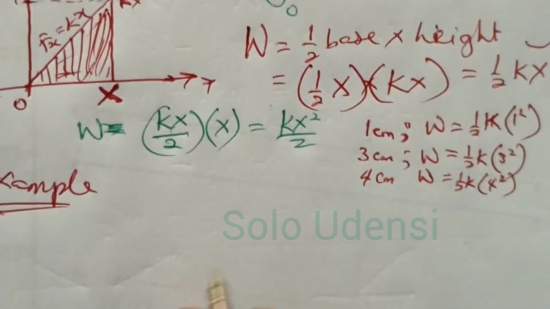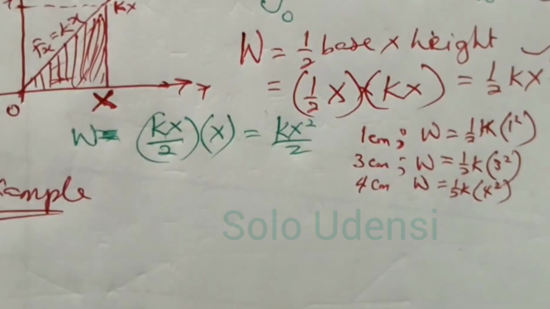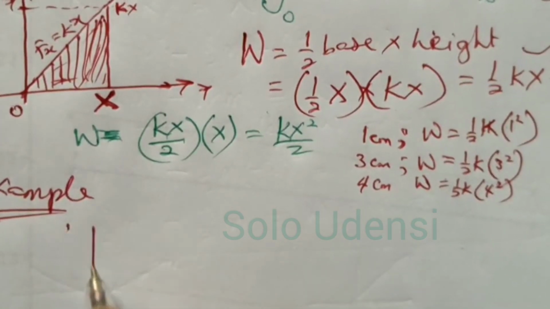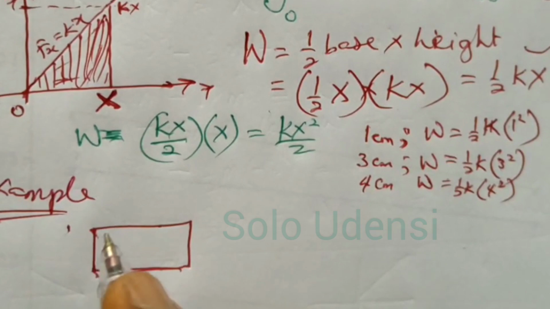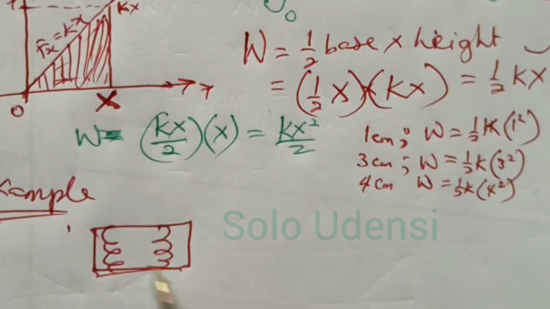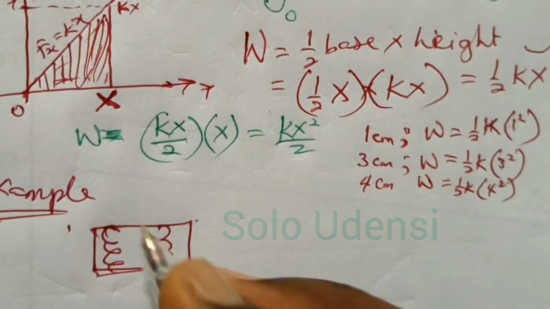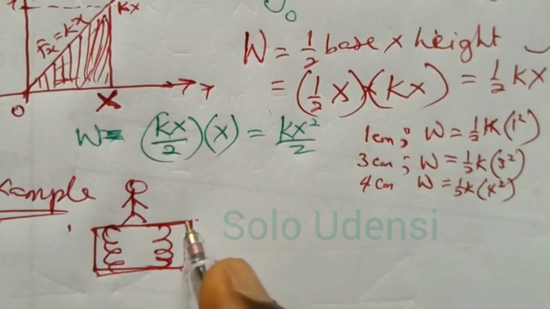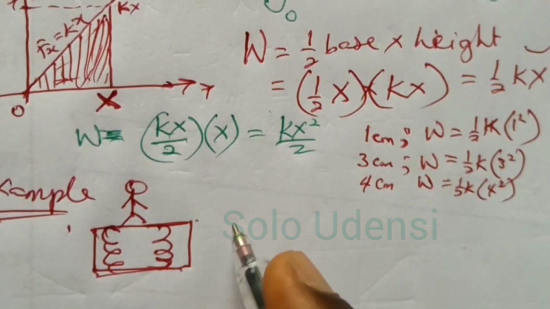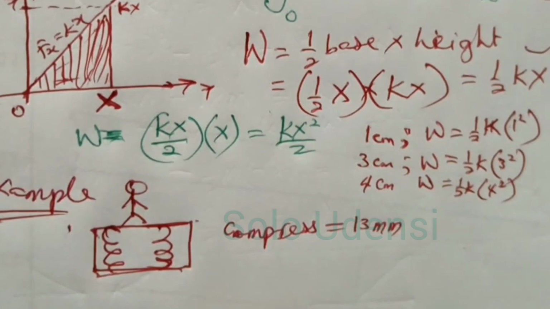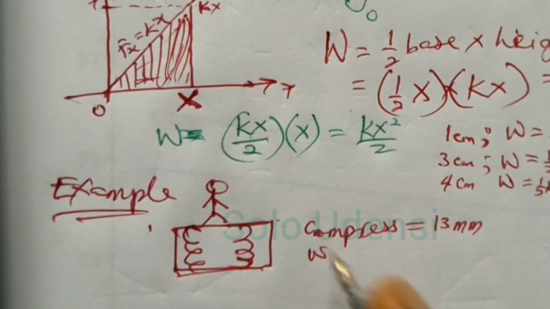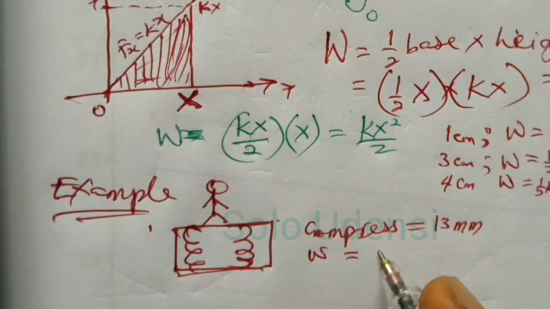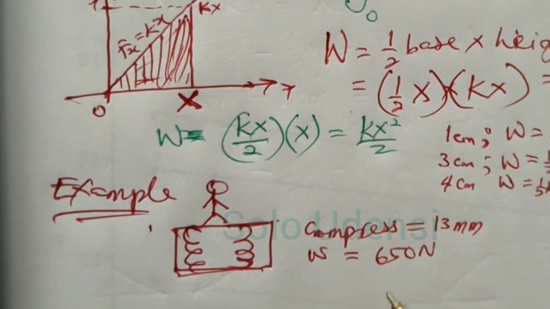Let us assume that there's a scale in a bathroom. You know that a scale is made up of a spring, but it is moving downwards. It's compressed and not elongated. So let's assume that a noisy mother climbs on that bathroom scale and compresses it by 30 millimeters. And let's assume that the weight of the woman is 650 Newton,